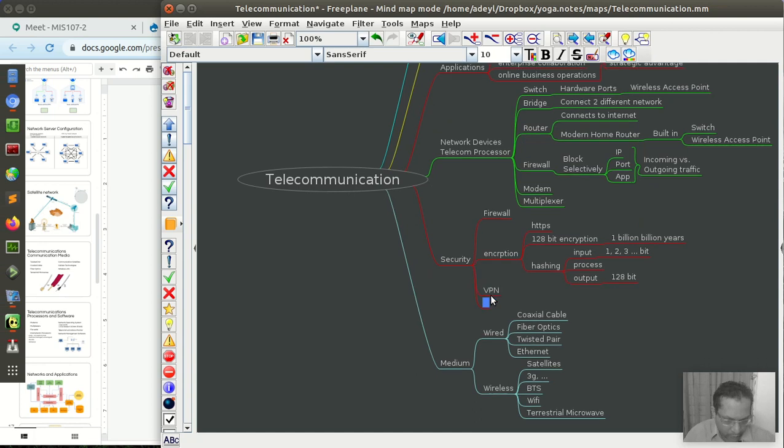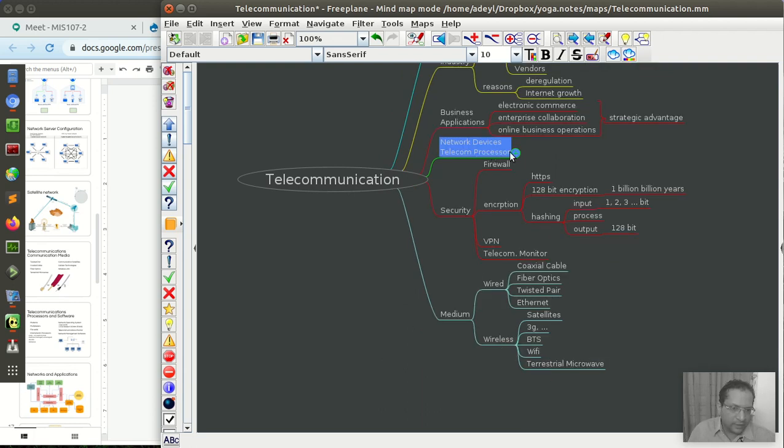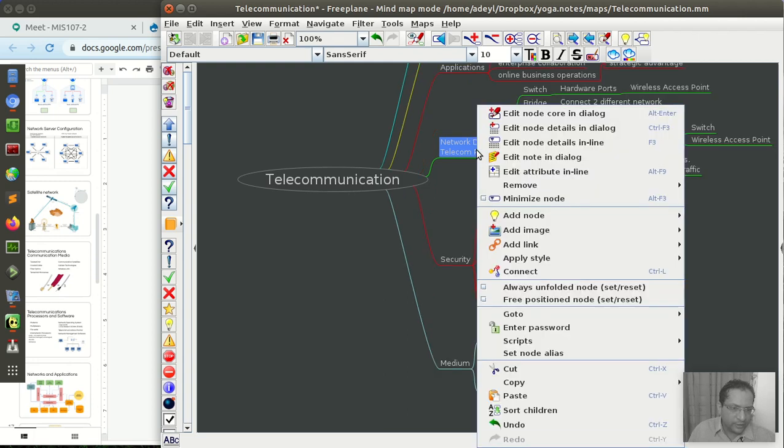One more security telecommunication monitor. So this is another device, and also security. This is also a network device, and these two are related.